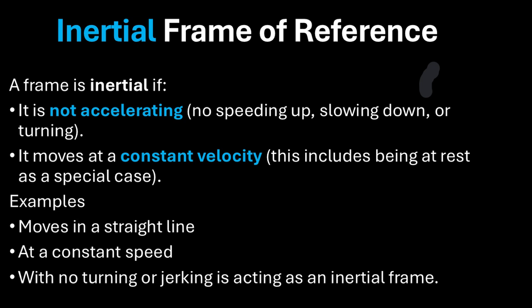Examples: when an object moves in a straight line, if the observer is present in that object which is moving in a straight line, that frame is supposed to be an inertial frame. If an observer is present in an object which is moving at a constant speed, if the same person is present in an object which is undergoing a motion which is not turning, not jerking, that also would be a